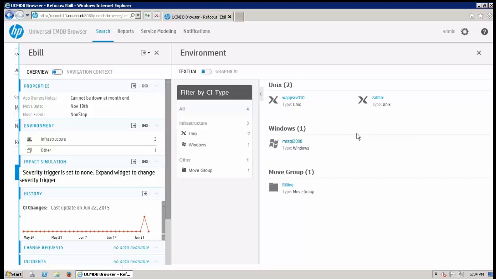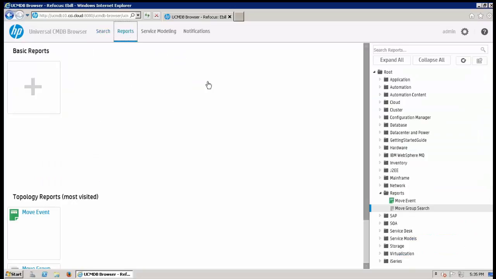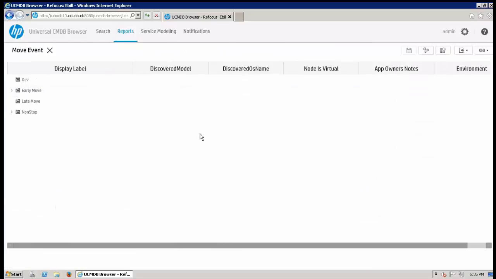So this browser acts as a great repository. Anybody can log in, do quick searches, see the latest information regarding their applications. But if we don't want to just do a search and look at one thing individually, we can actually load up reports from directly within the browser. So quite often we'll have project managers who just want to see the overall scope of the migration. And simple reports can be created, such as our move event report here,